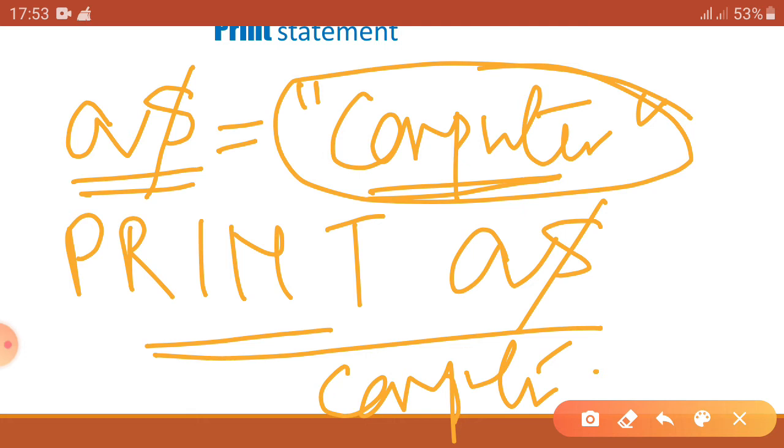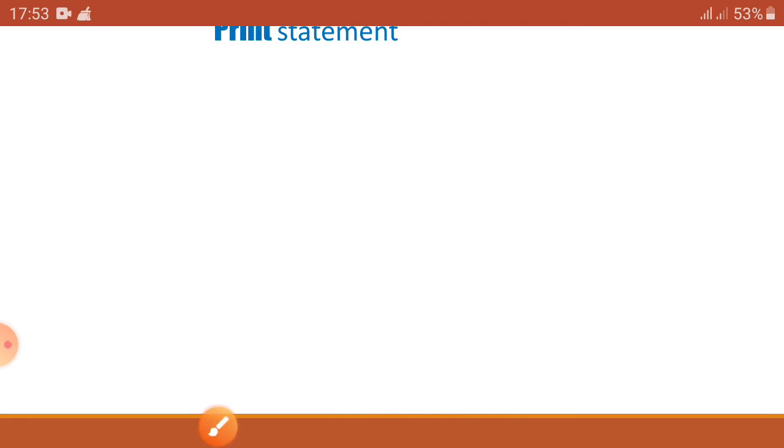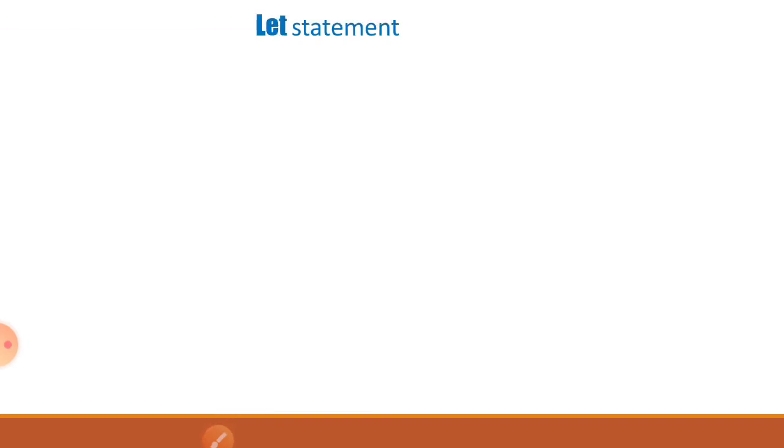Okay, now we are going for the let statement. For that, go to the next slide. Now, what is the let statement? The let statement is used to assign a value to a variable. Okay, got it? For example, if I write